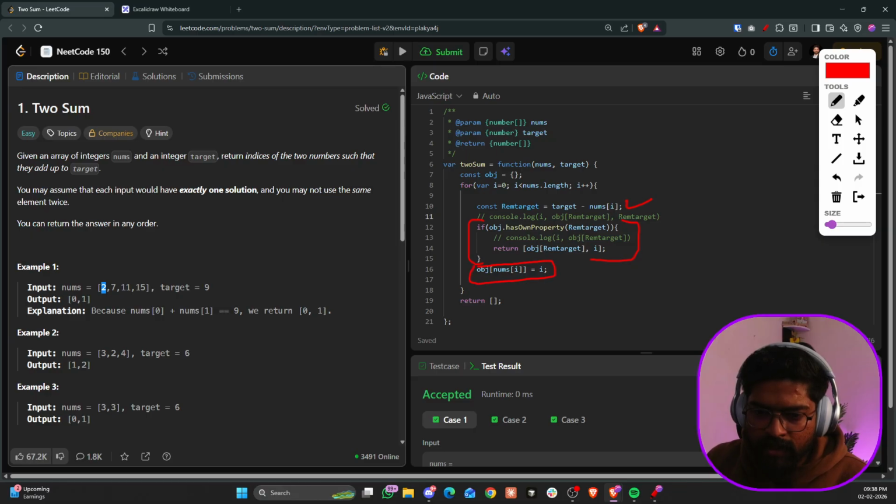This one. I have done object nums[i] equal to i. What does that mean? This means this object is the empty object that I have taken. My curly braces design is really bad, just forgive me, guys. So these are the curly braces, and